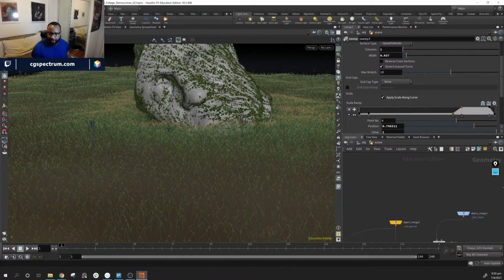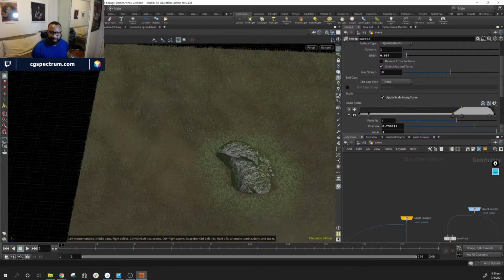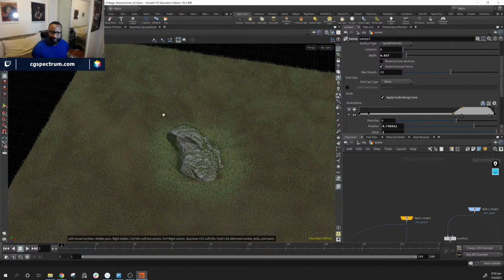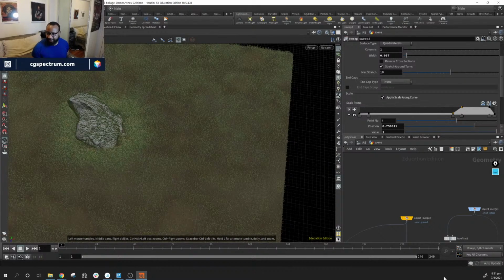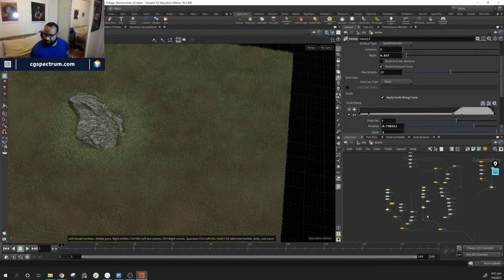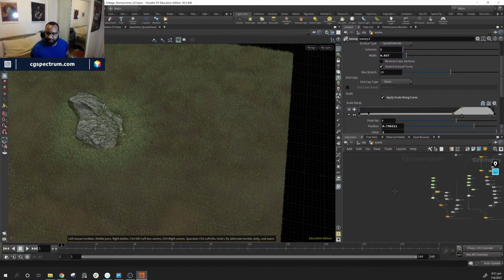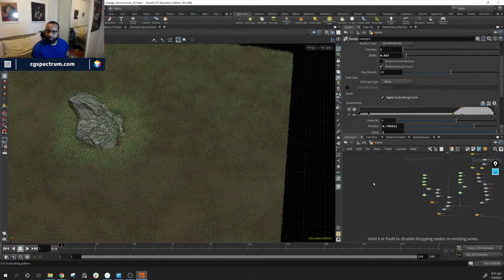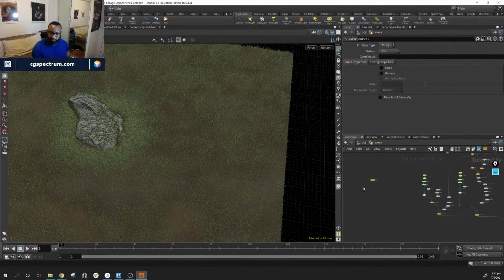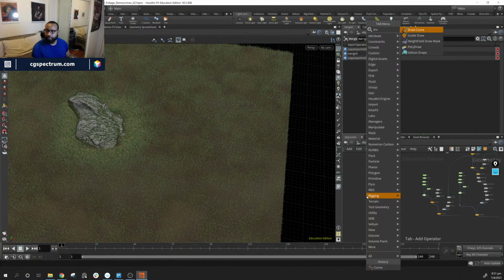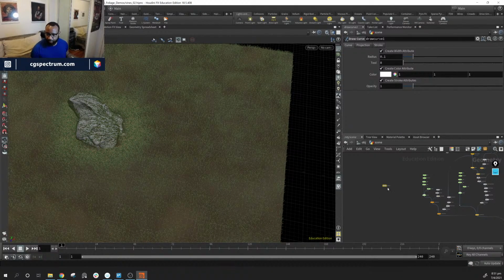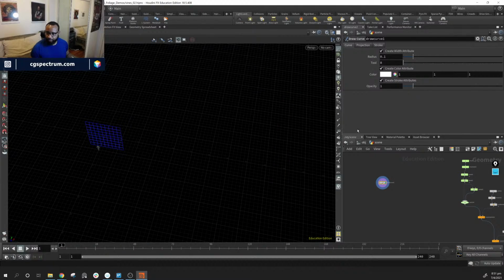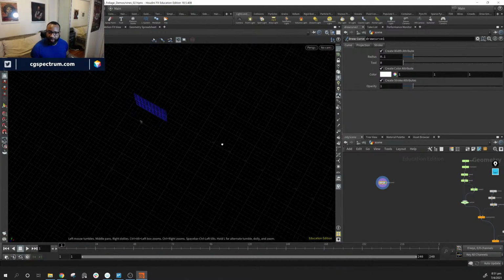this part responds. So I want some rocks that go about right there, around this thing, like that. I'm going to start with a curve and just draw where I want these rocks to go. So I'm going to come over here and drop down a curve. Actually, no, not a curve. I'm going to say draw curve. And let's see, I want the curve